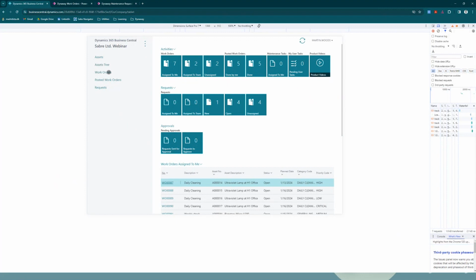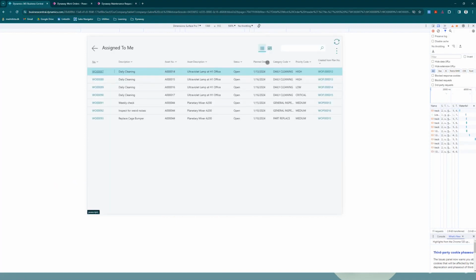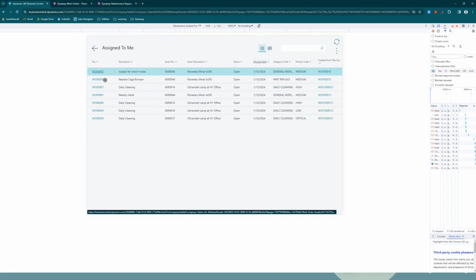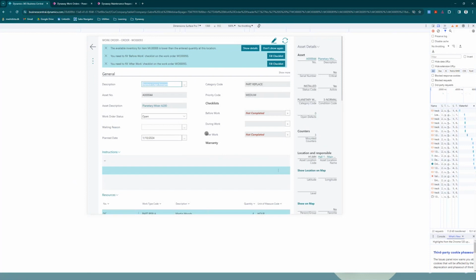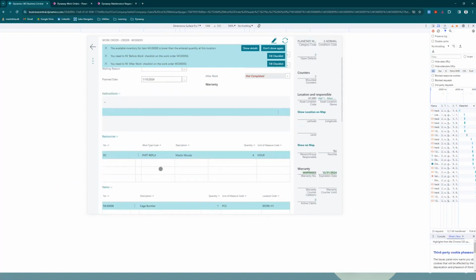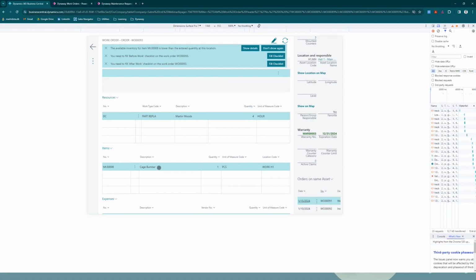I have the assets tree, my work order list, full list, what work orders I have done and requested, and so on. But let me click assign to me, and then for example, I can do it by date, and I see the replace cage bumper here. So now I'm going to start working on it. I just click here, and as you see, immediately I get some notifications. I actually do not have any available inventory for this part. So I can either myself create a purchase order directly from here on this line,